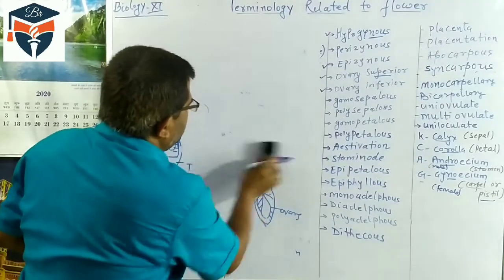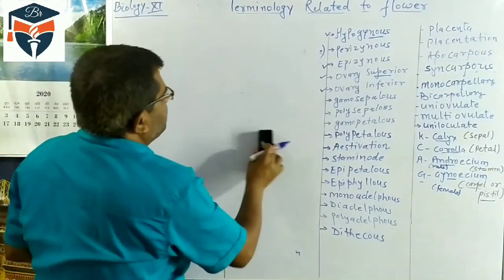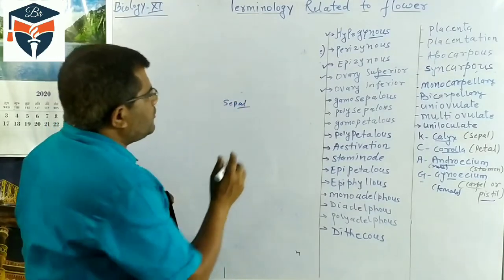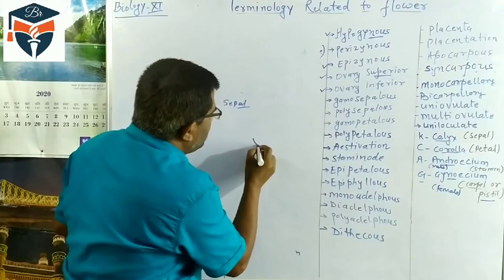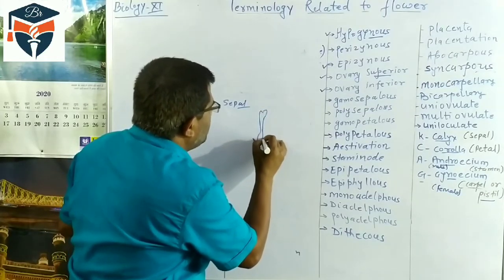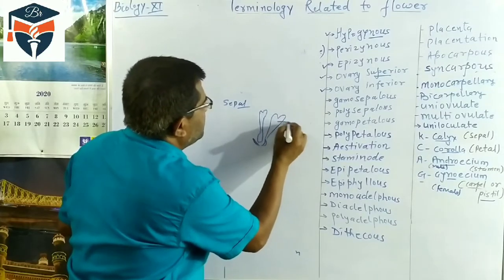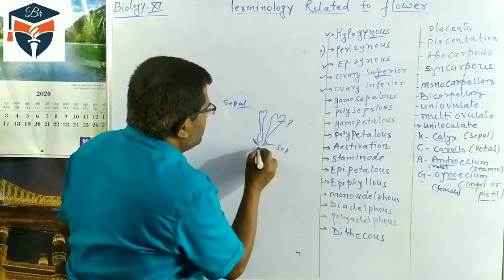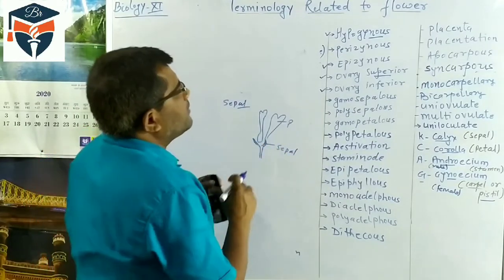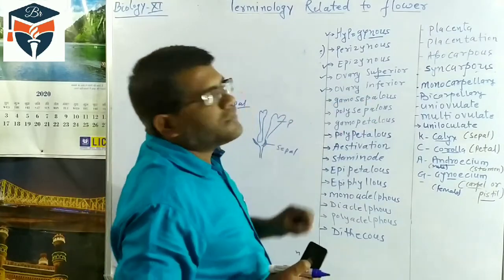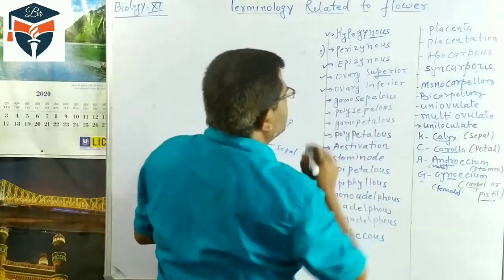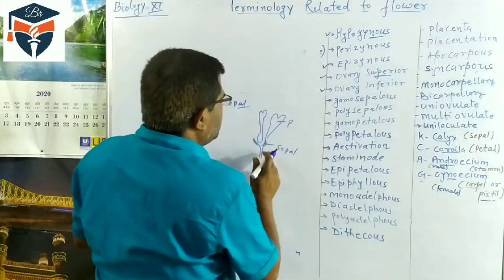Of the other parts, as I told you, there are 4 parts of the flower, and the green-colored part is called the sepal. In a flower, you will see such green-colored structures. This is the ovary, and these are the petals, these are the sepals, and the thalamus. So I am talking about this sepal part. If the sepals of the flower are fused with each other, united and joined with each other, it is called